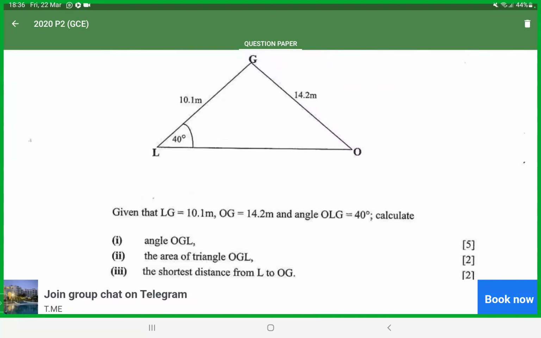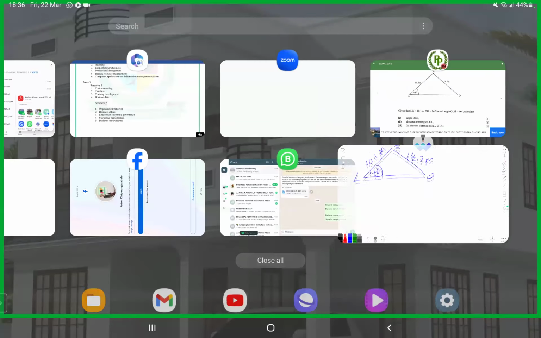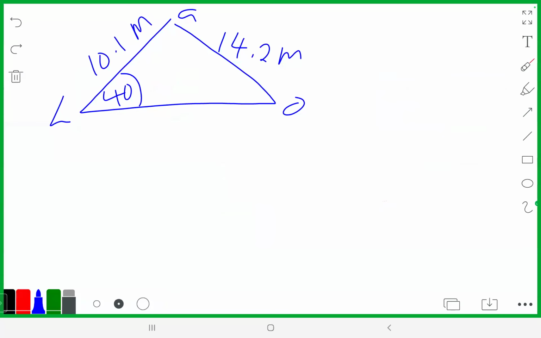Find angle OLG. So the angle that is in the middle is the angle that we are finding. You get it? You find the angle that is in the middle. So in short, we are finding angle